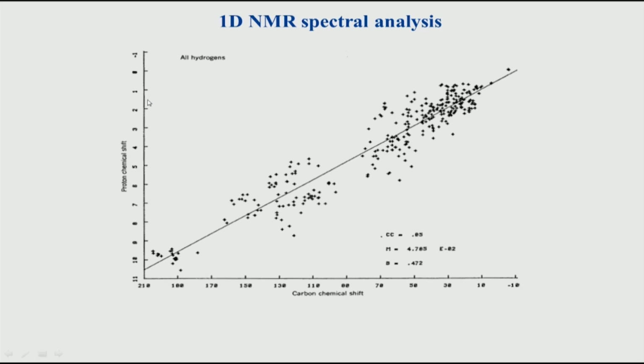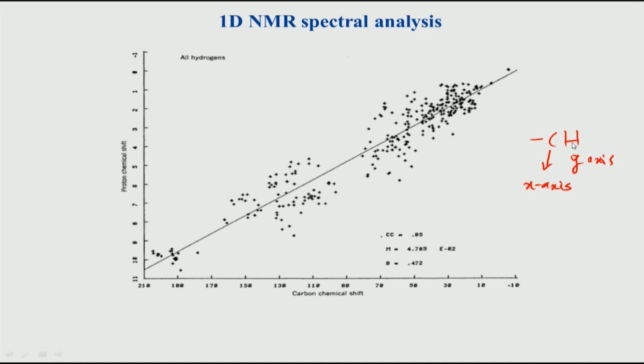What it says is that whenever you have a carbon proton pair, we are basically looking at this kind of a system. So, we are looking at a CH pair. H is on the y axis, and for the same hydrogen, the carbon is plotted on the x axis. So, this is for a particular pair. We take a large number of such pairs from a large number of molecules and the plot is shown here. So, what it says is that for a given CH moiety like this, if the